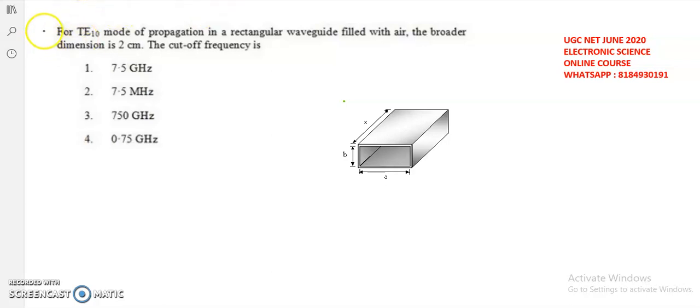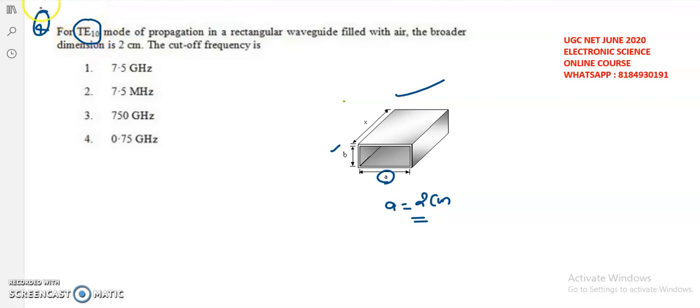So coming to the next question, let's take it as the fourth question. For the TE10 mode of propagation in a rectangular waveguide filled with air, the broader dimension is 2 centimeters, and the cutoff frequency is... So let's take a rectangular waveguide, where A is the broader dimension and B is the shorter dimension, and they're given that the broader dimension A is equal to 2 centimeters, and they're given the